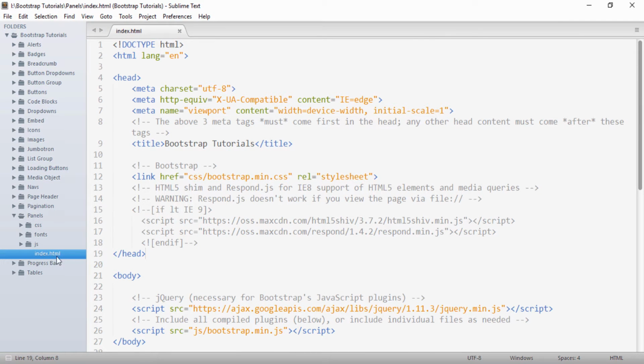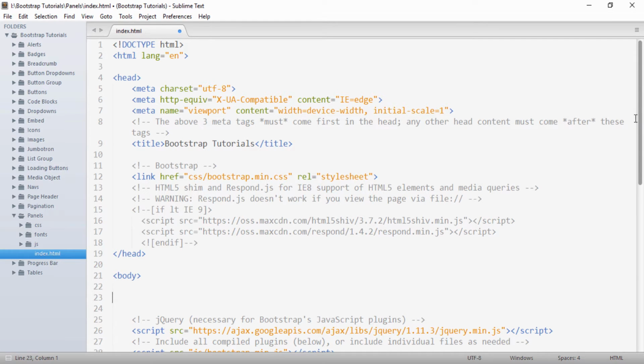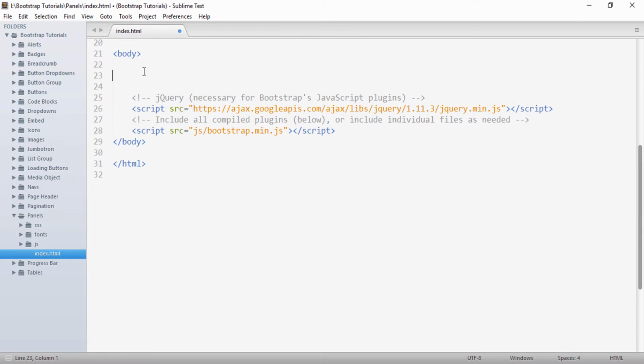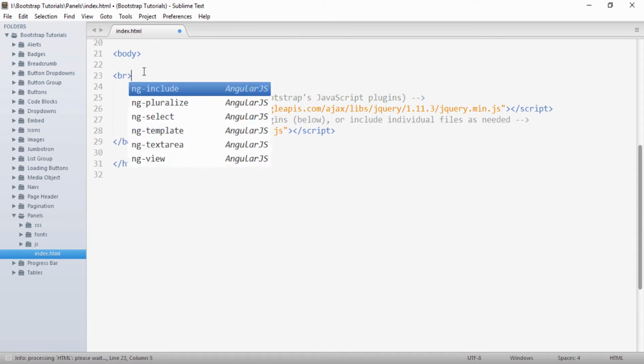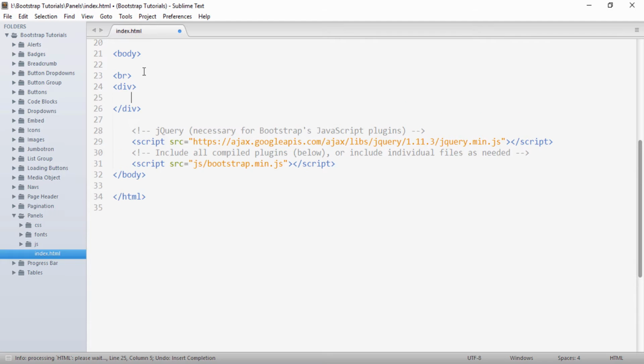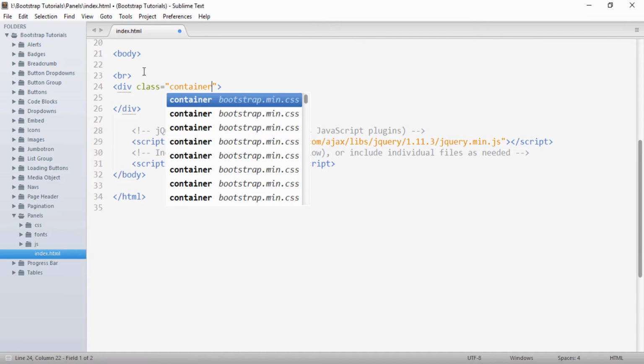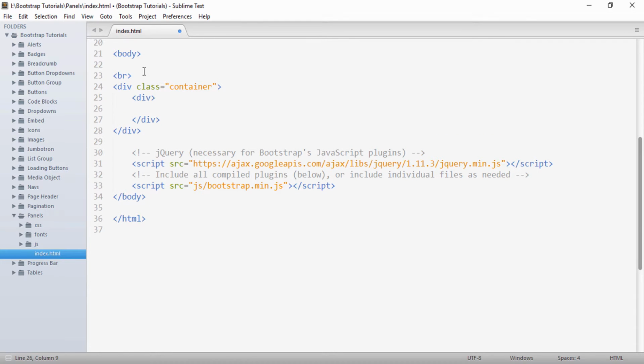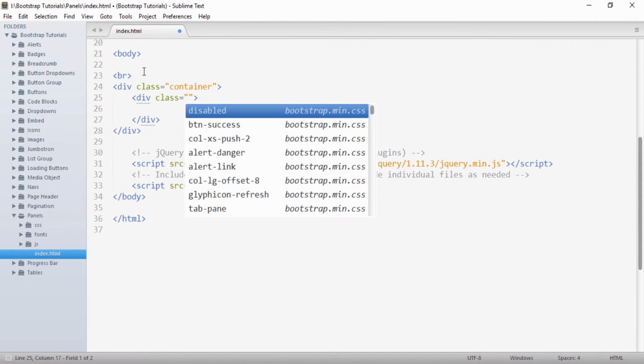Into my panels index.html, after configuring the environment for Bootstrap, that is by providing the Bootstrap CSS and Bootstrap JavaScript file, let's see a demo of how to create panels in Bootstrap. So into body, first I will create a BR and then I will create a div, and to this div I will provide a class of container, and inside this container I will create a row,